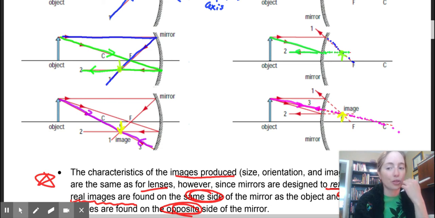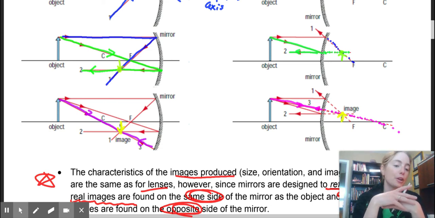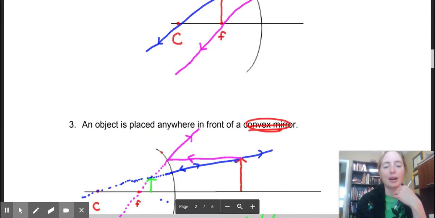So let's start with that. Let's see if our image is going to be real or virtual. If it's real, well, it's going to be concave. That's the only type of mirror that we are looking at that is going to give us a real image. Whereas, if we are going to get a virtual image, we can then do a bit more fishing to determine our type of mirror. All right,